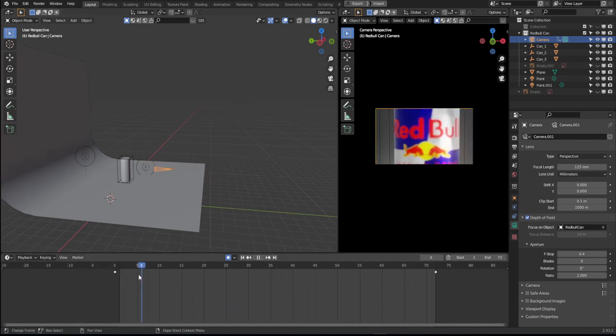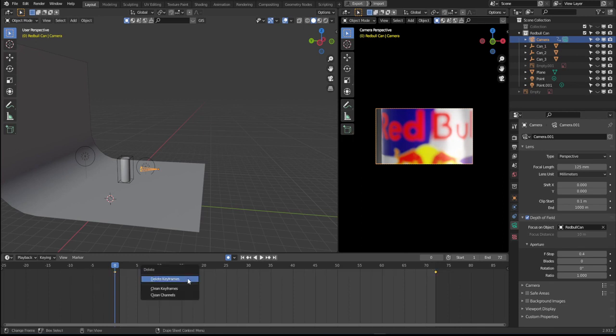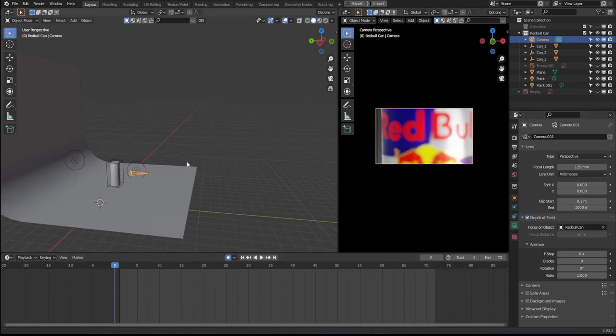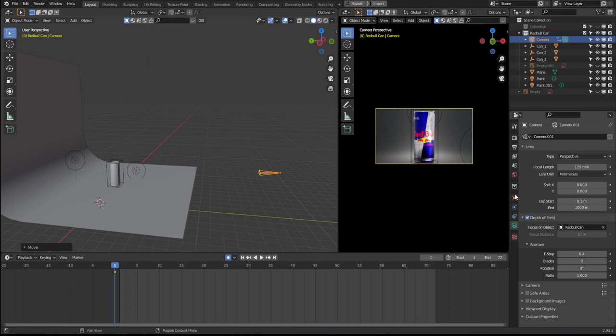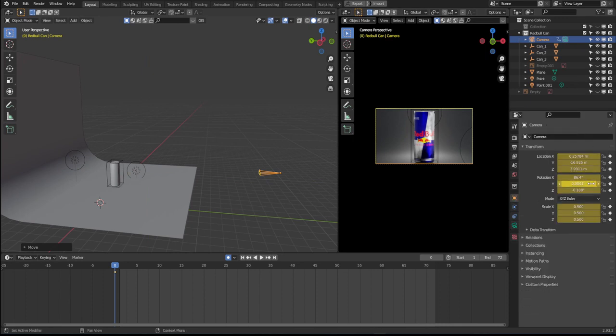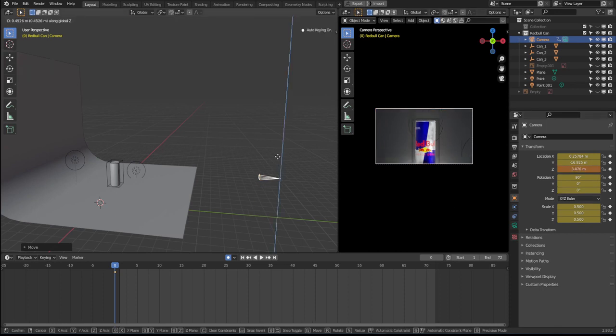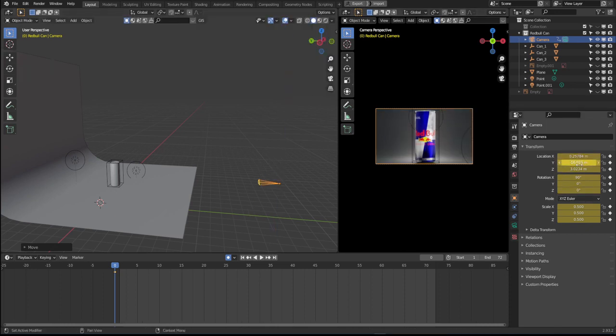So before I continue with the camera's animation, I'm just going to delete these two keyframes and I'm going to adjust the camera settings. So first off, I can see it's already on a slight angle. So I'm just going to level out this rotation here to 90, like so. And I'm going to level these two out as well. So I'm going to change Y to 0 and also Z I'm going to change to 0 for the rotation. For the location, I'm just going to leave it as is because we're going to be animating that on the